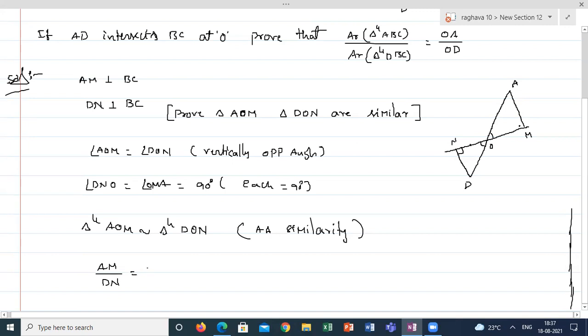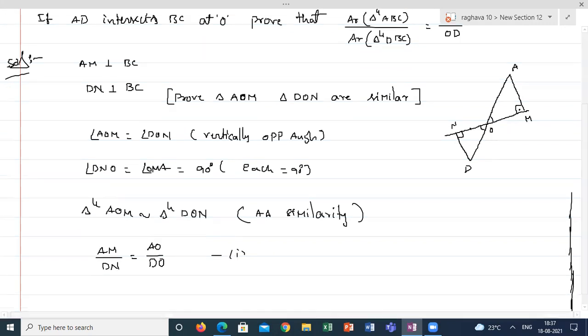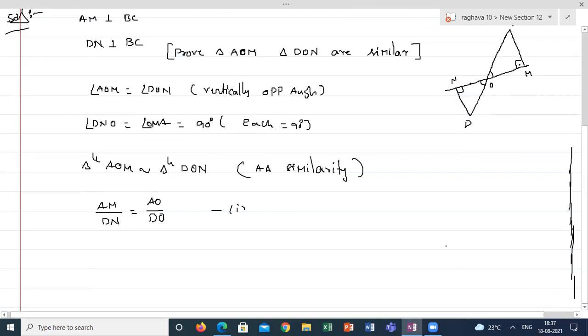be equal to, opposite to 90 degrees is AO. See here, the side opposite the right angle is OA, or AO, divided by DO. So corresponding ratios are the same in similar triangles. Now I am taking the given diagram. How is the given diagram looking? This is one triangle. I am taking the two triangles separately, and this is the vertical drawn, AM, and this is BC.